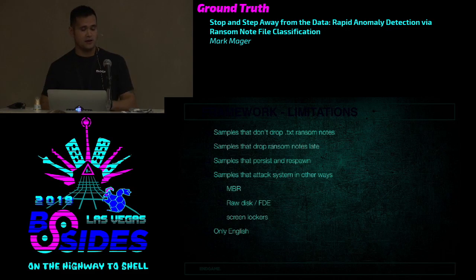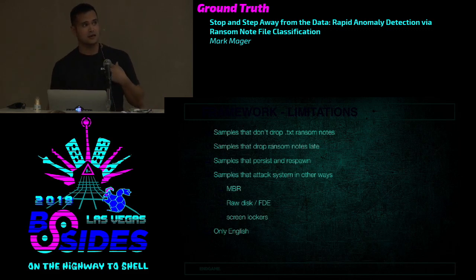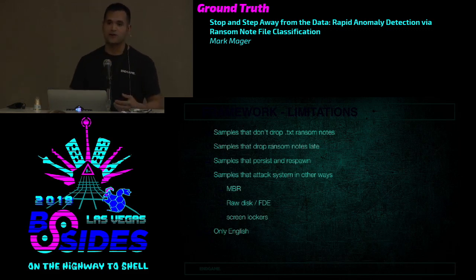There's some samples that are actually extremely annoying and will install some sort of persistence ahead of time and keep respawning the same process over and over, attempting to encrypt more and more files. So in that case, we might catch the ransomware process over and over, but you're still going to be infected, and there's definitely a lot more work that needs to be done in that case.